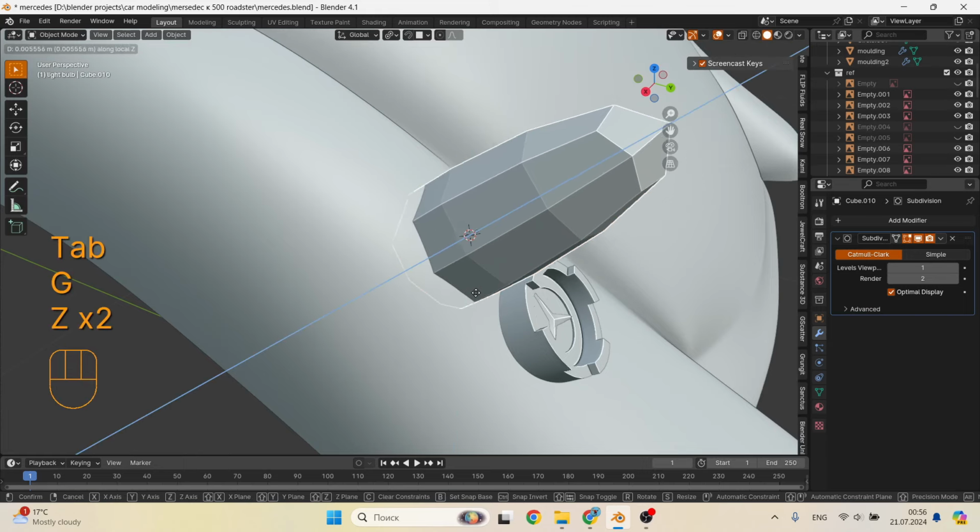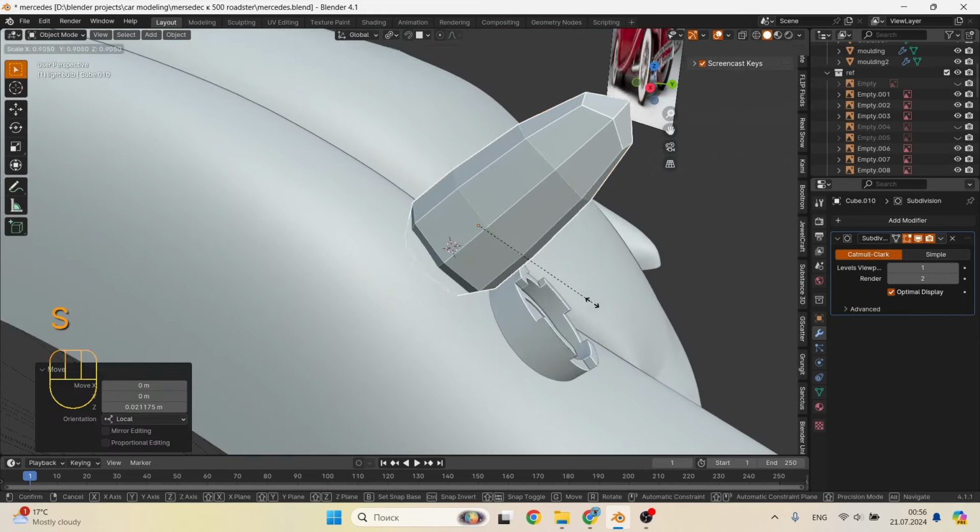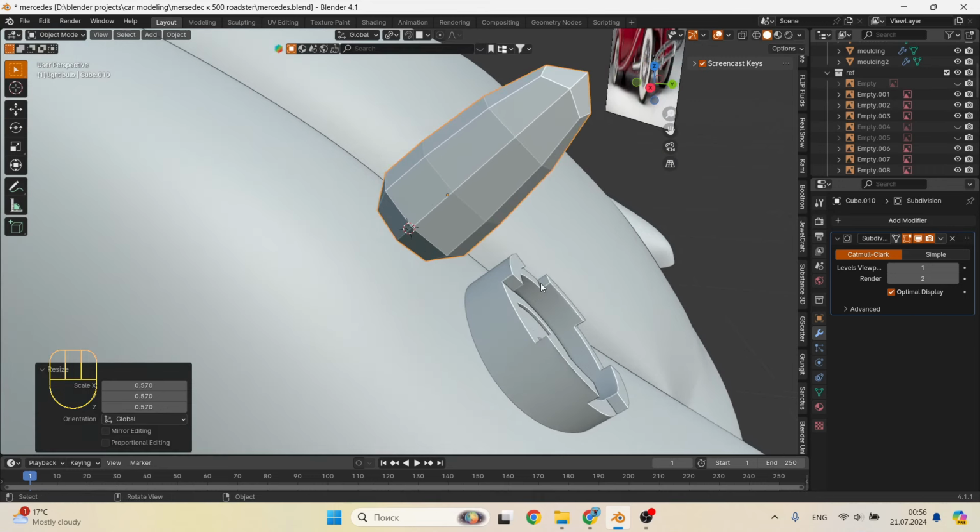And by double-clicking Z we can move it along the Z-axis of the object. Not the global coordinate system.